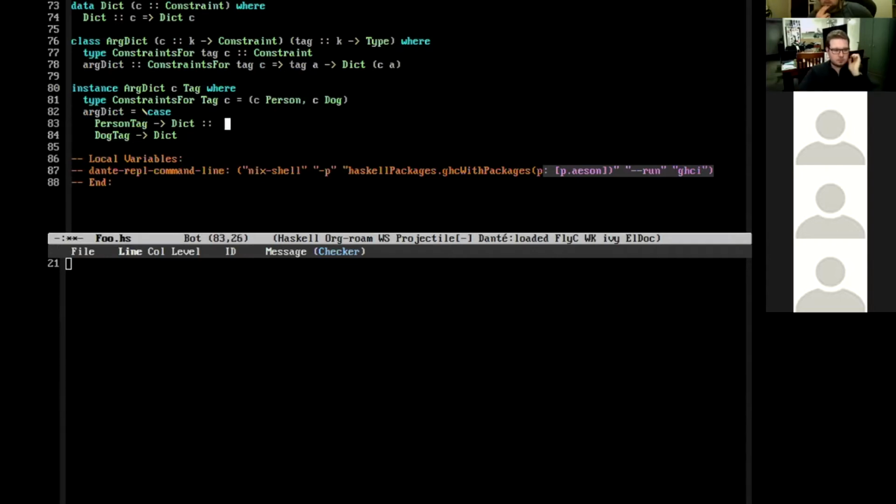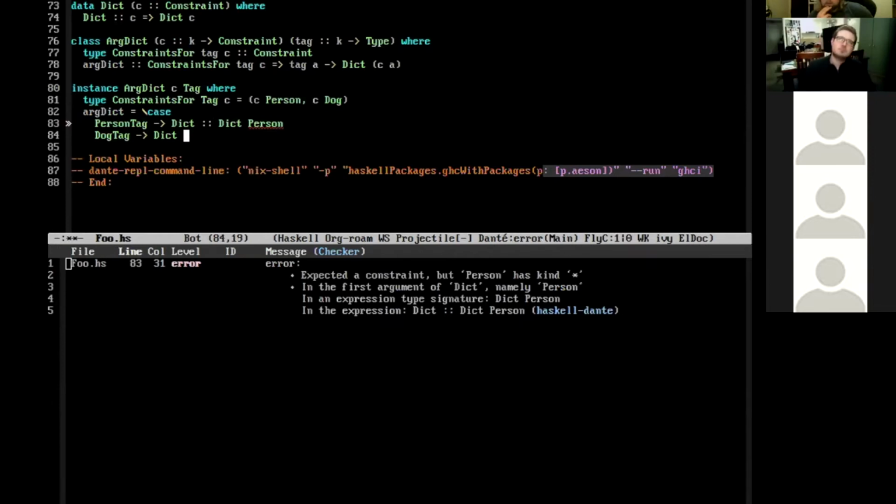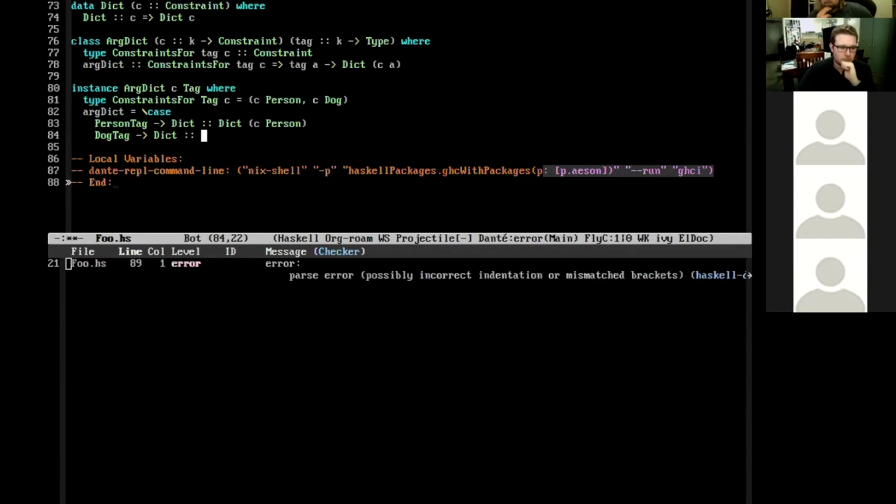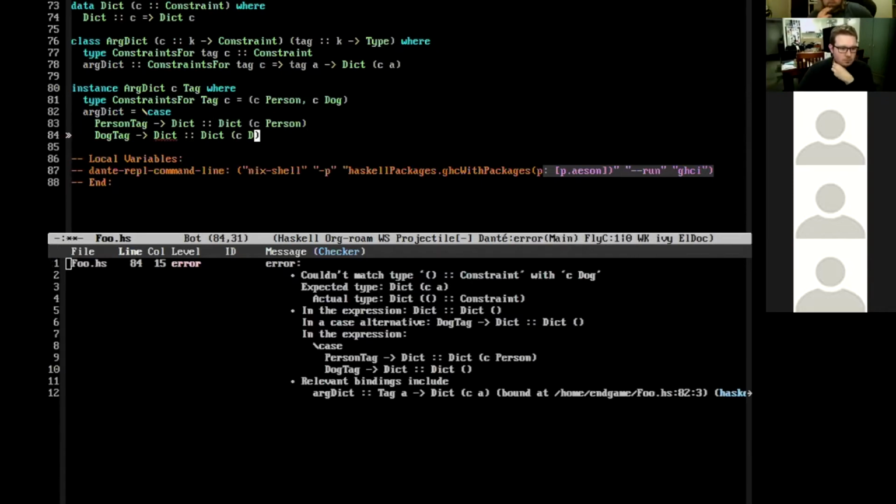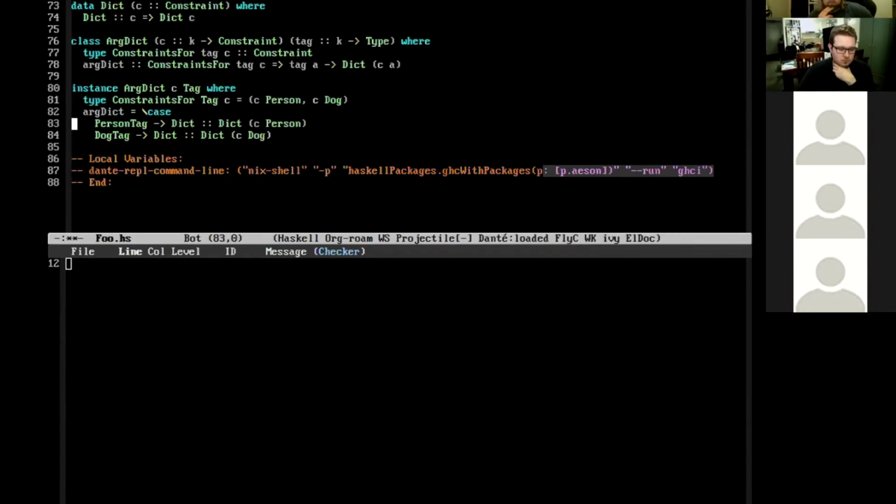So this is going to be a Dict of C Person, and this is going to be a Dict of C Dog. And we know that because we've brought that last type variable into scope by pattern matching on the different tag constructors. Sweet, thanks.